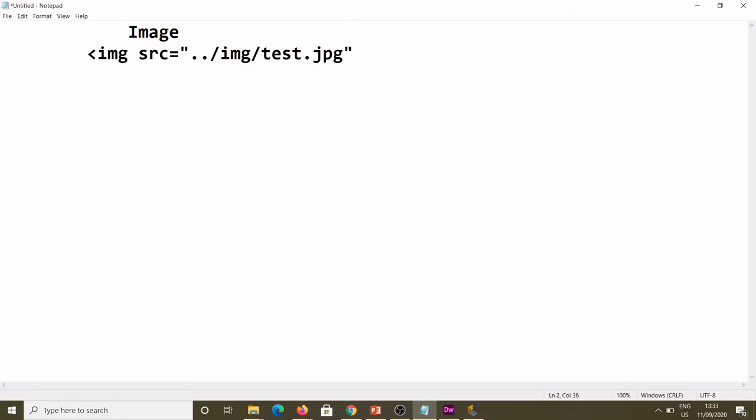Apart from that, there are optional attributes, the height and the width. If you want to adjust the dimensions of the image, these are the two attributes you can adjust. You can give a pixel value for height, and another for width. So I am giving some pixel values here. These are two more attributes of the image tag, and then after that comes the slash. One more important thing here: the image tag has no separate closing tag. The closing is included here, only the slash.